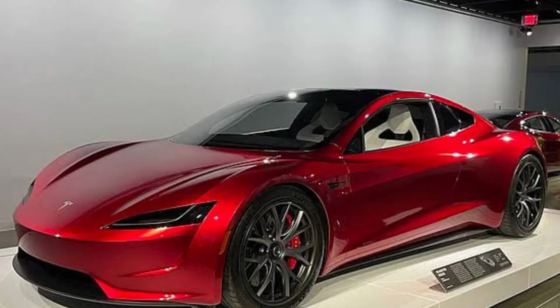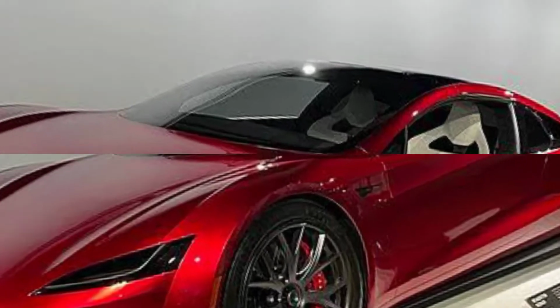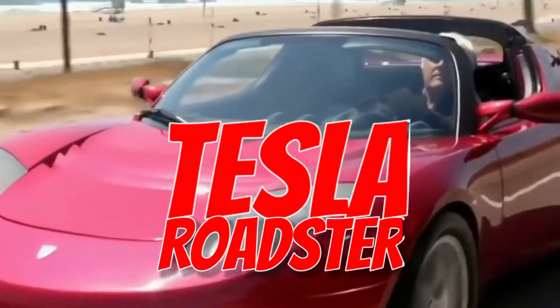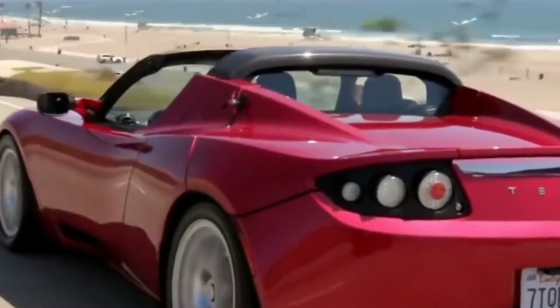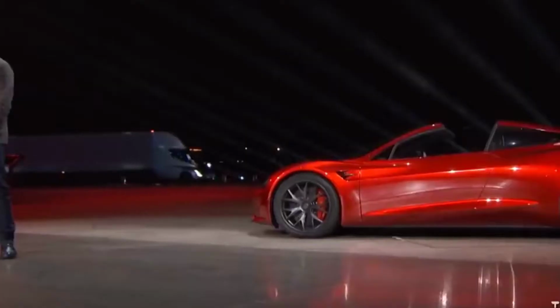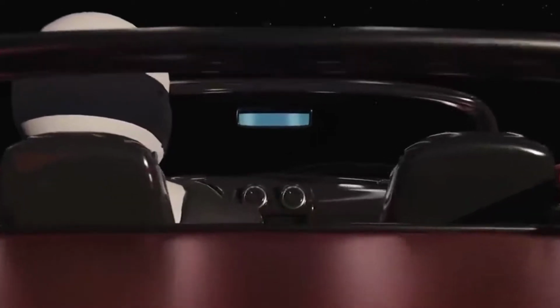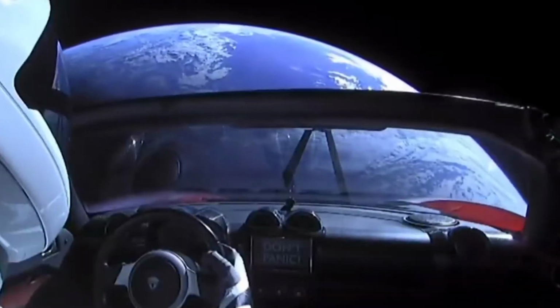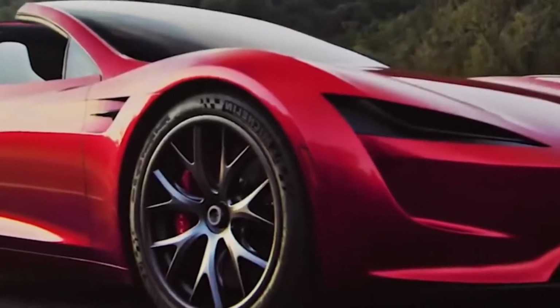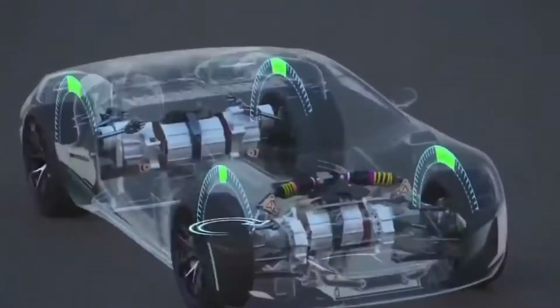If there's one discontinued car that deserves a second opportunity, it's the Tesla Roadster. With its rich history, this car deserves a second shot and has admirers eagerly anticipating it. Tesla set out to demonstrate that electric power and great performance do not have to be mutually exclusive, and it succeeded admirably. The drivable prototypes began to appear the next year after it was first presented as a concept car